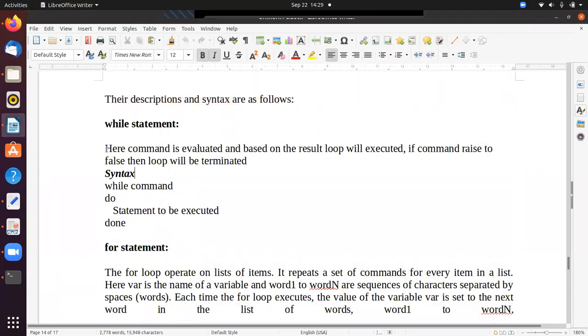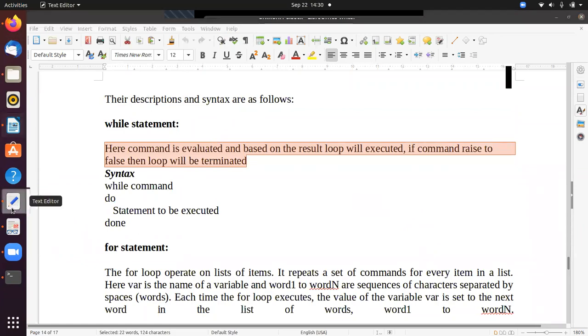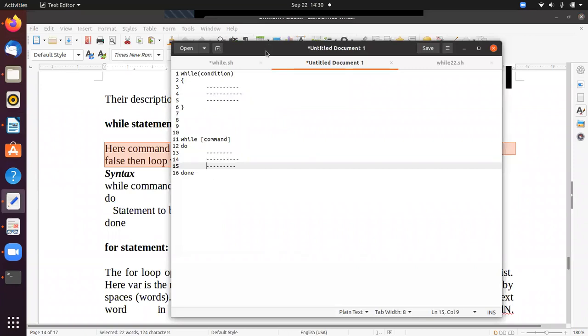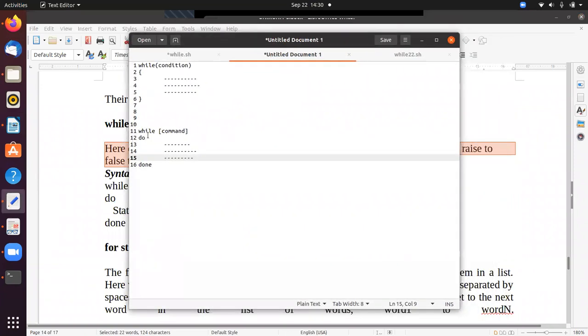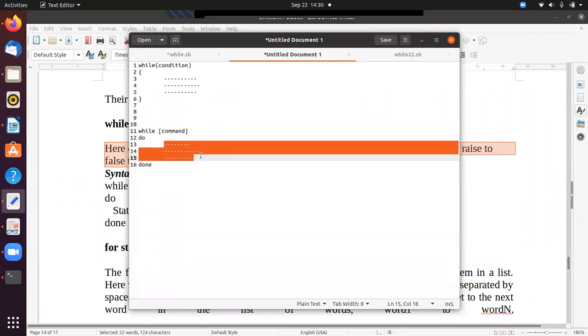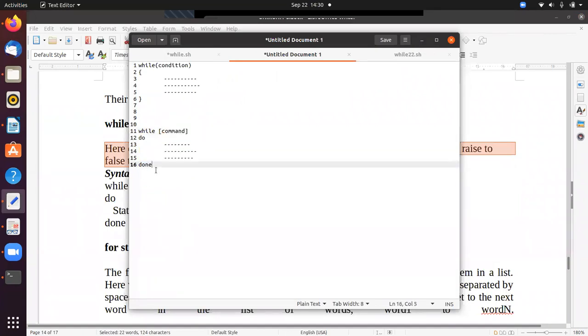In the while statement, the command is evaluated and based on the result the loop will be executed. If the command returns false, then the loop will be terminated. What does it mean? Here you write one command, the condition. If this condition is true, then we execute these instructions. Otherwise, if it is false, the control moves to here.